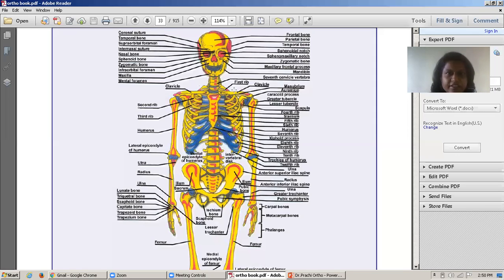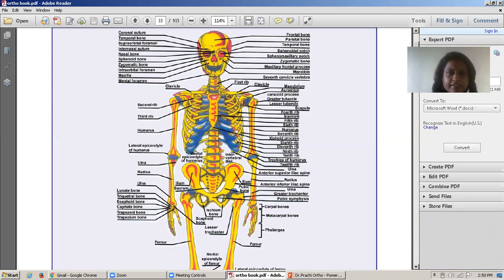Okay, this one is the first rib, this is a clavicle, this one is a manubrium, this is the acromion process of the scapula, then this is a coracoid process, this is the greater tubercle of humerus, this is the lesser tubercle of humerus, this one is the scapula, this is the clavicle, this is the first rib, and this is the second rib, third rib, this one is the fourth rib, this is the sternum,